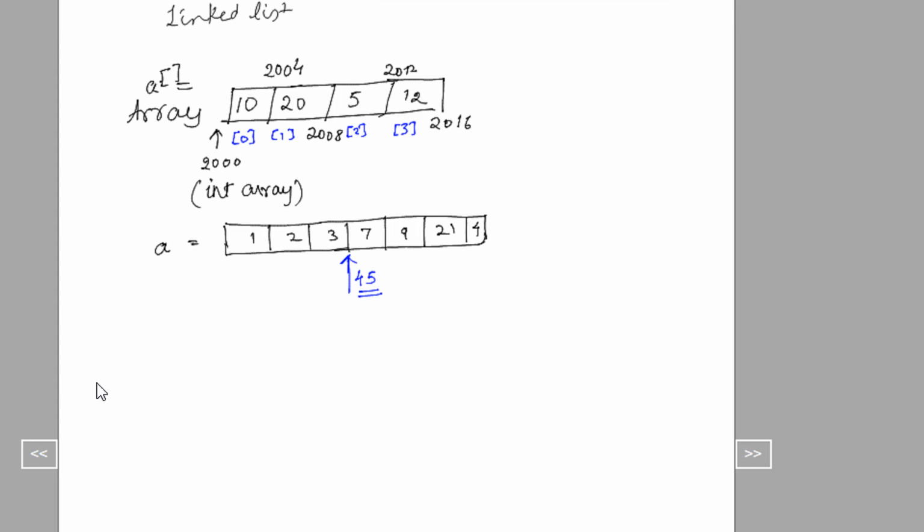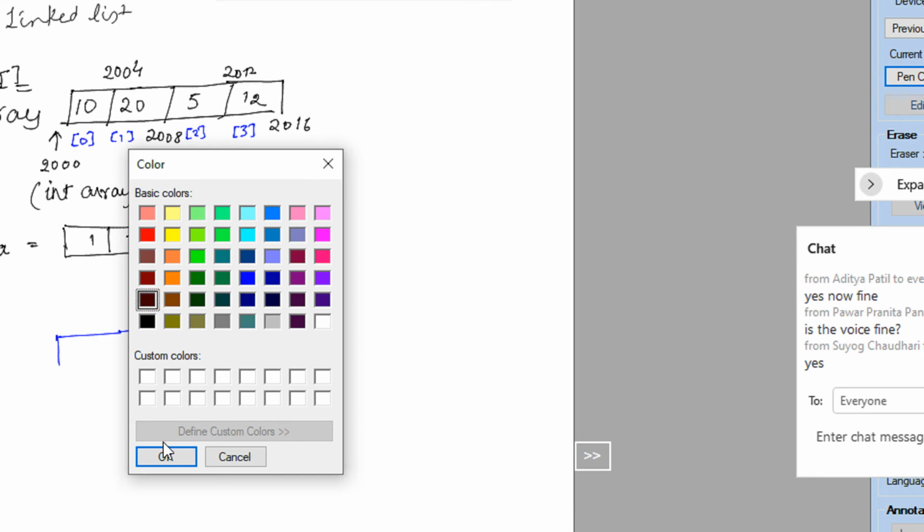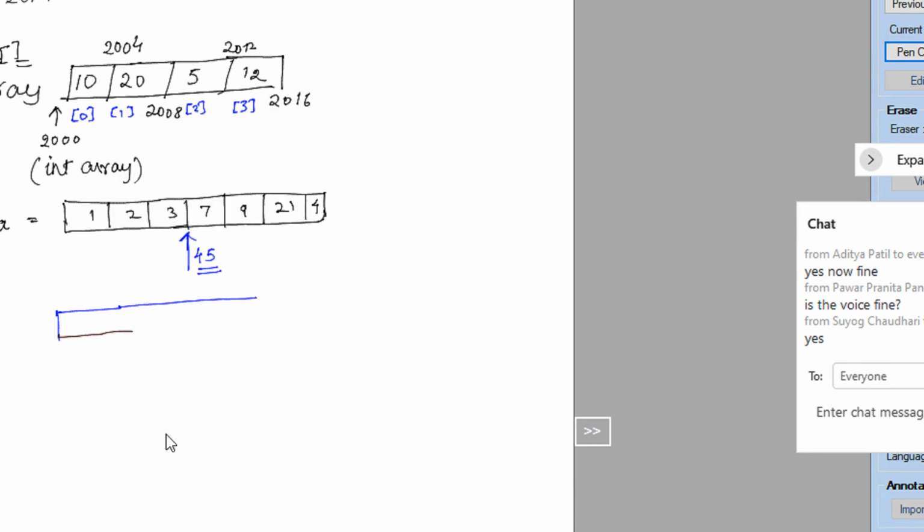The issue with an array is that since you want to insert 45 in between these elements, what you need to do is first create a space here. So what do you mean by creating a space? We want something like 1, 2, 3, a blank space for 45, 7, 9, 21, and 4.